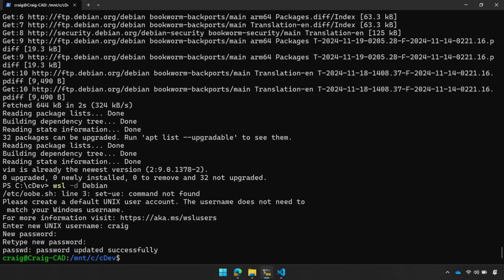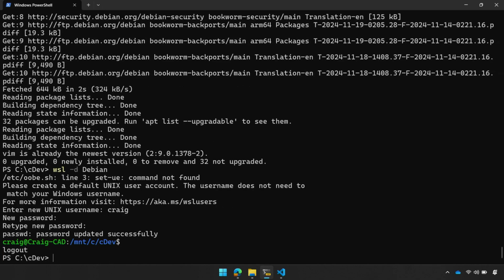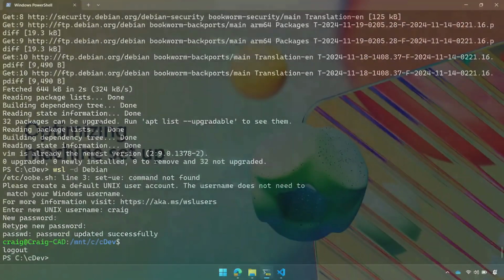And so in this way, we're hoping that it'll be a lot easier if you have any kind of setup scripts that you want to run before you're actually initializing your user account inside of your Windows Subsystem for Linux distro. You can now do that with this new architecture. As well, this new architecture brings multiple new distros. So Red Hat is coming to WSL as well. And so we look forward to seeing more news in that area. That's awesome. All right, let's jump back to the slides.